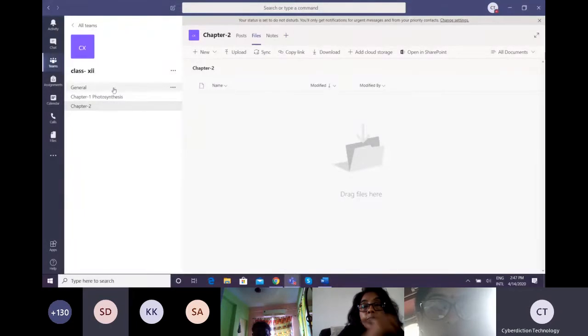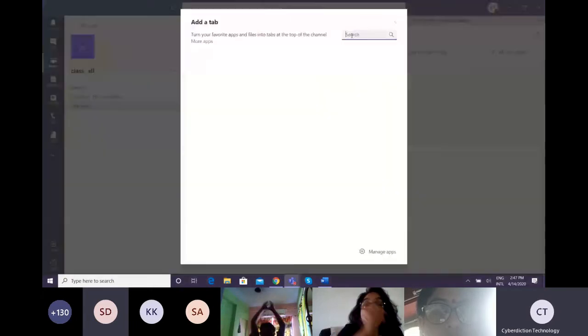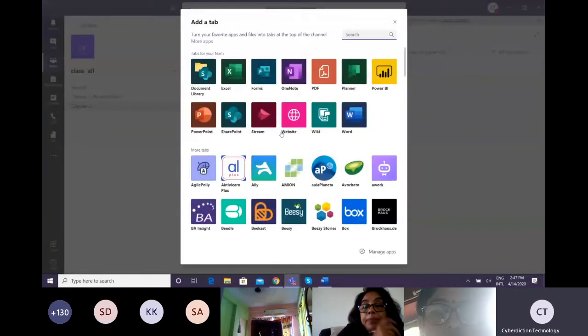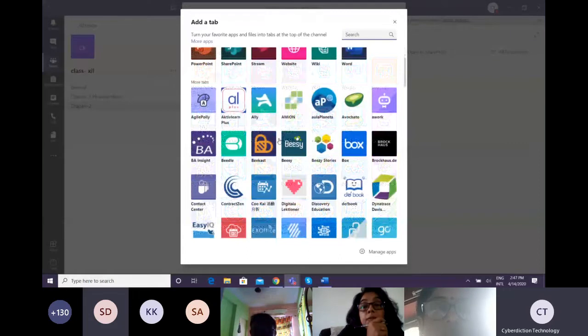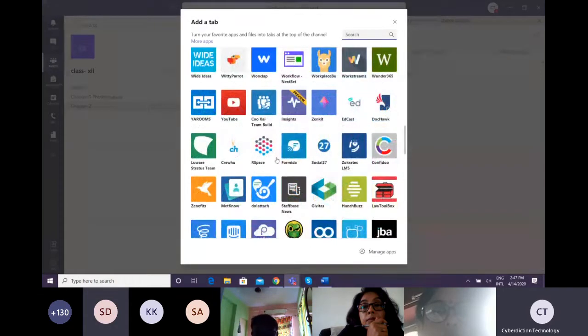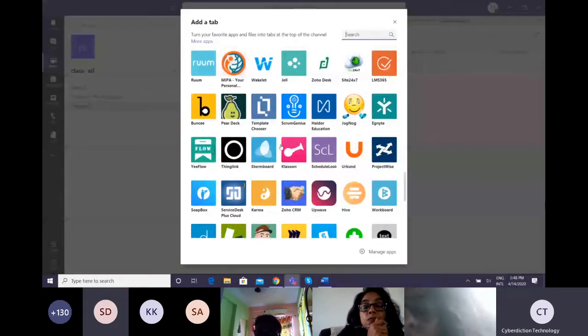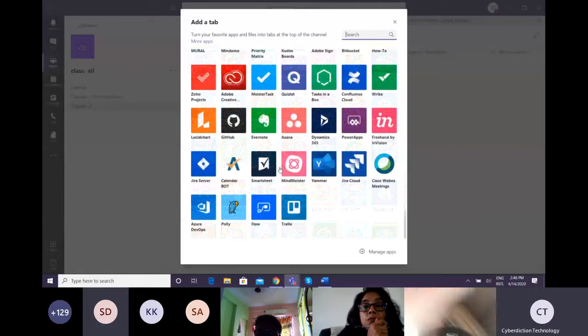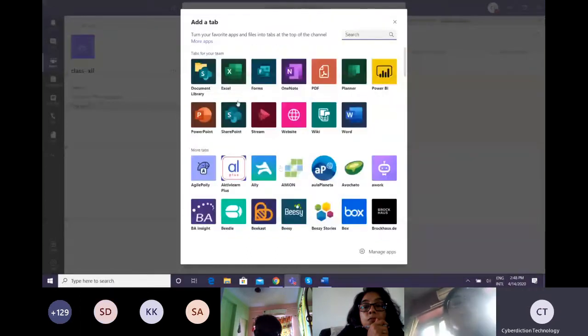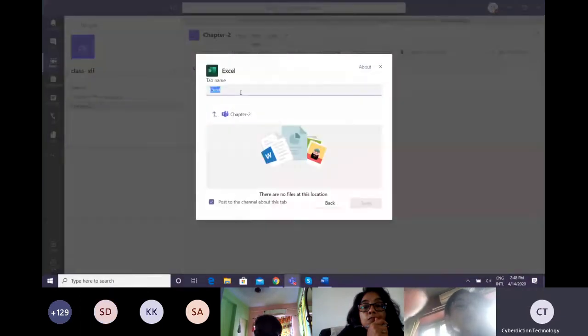Okay, so there is basically the team which I have already explained a lot, but there are many more things if you just explore. Copy link, download, cloud storage, fine. There's a plus tab. If you want any third party tool as a tab, that also you can do. Let's say you want a resource like Wikipedia and you want to add it as a tab basically. That also you can do. Fine. So you need to do it this way, and let's say one of the Excel files which you want to share with the students and you want to keep it as a tab so that you can access